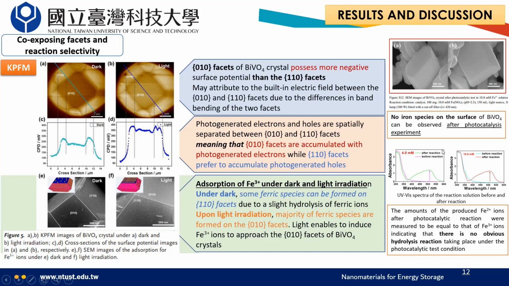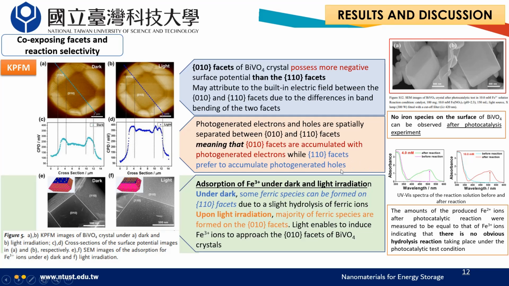To gain insight into the relation between the co-exposing 010 and 110 facets and the reaction selectivity on the bismuth vanadate crystal, several experiments were conducted, such as Kelvin probe force microscopy, or KPFM, characterizations, to differentiate the charge distribution on the different exposed facets. So first, the 010 facets possess more negative surface potential than the 110 facets, and the photogenerated electrons and holes are spatially separated between the two facets, while the 010 facets accumulate photogenerated electrons, and 110 facets prefer to accumulate